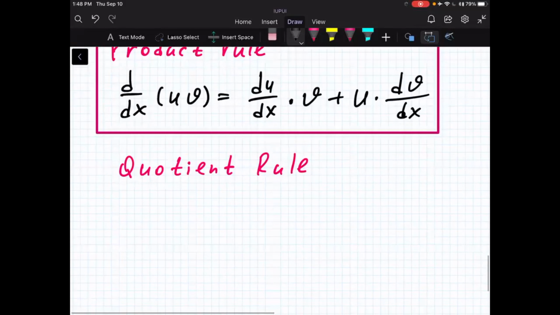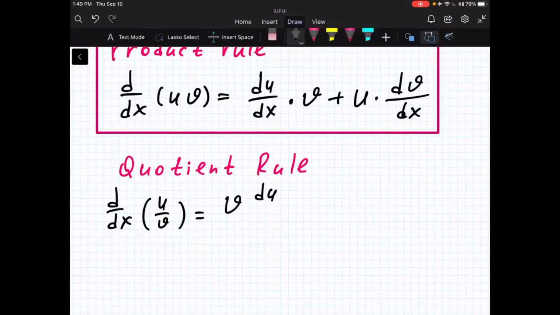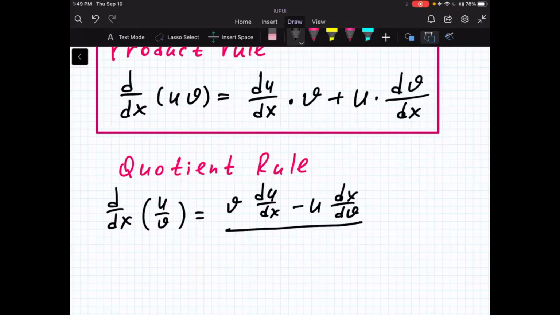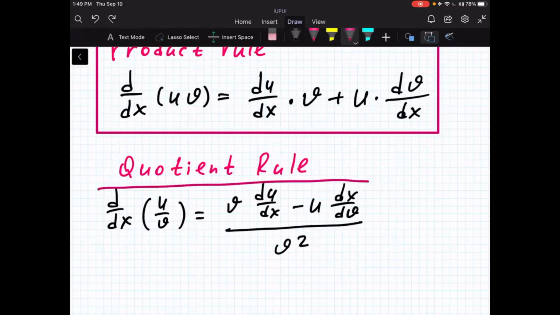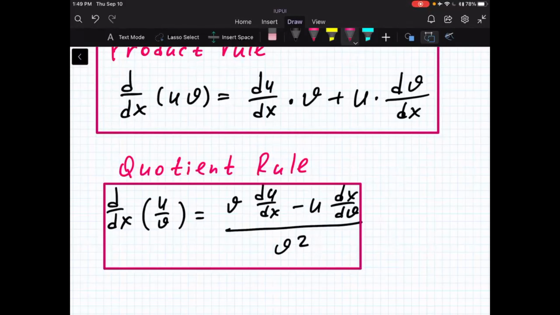So the derivative of the quotient is equal to a kind of complicated formula: v du over dx minus u dv over dx, divided by v squared. But before proving that, let me formulate